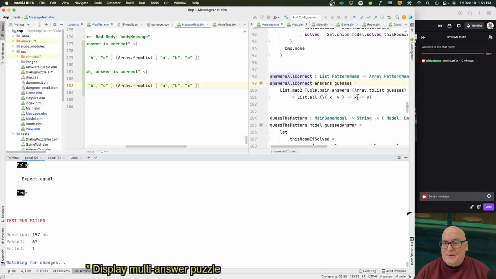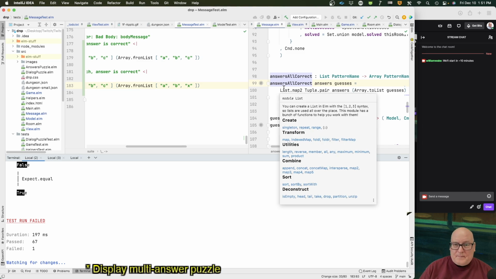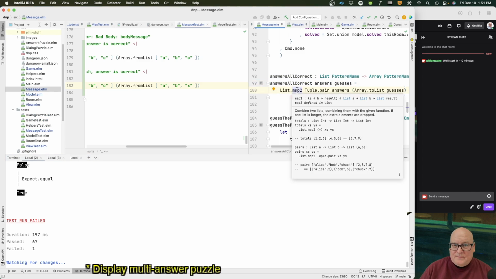Okay, so we're taking the array, we're making a list out of it. So we got two lists. We run list.map2. Map2 combines two lists, combining with the given function. If one list is longer, the extras are dropped. Okay, so I'm pairing a list of 3 answers to a list of 3 guesses. Okay, so